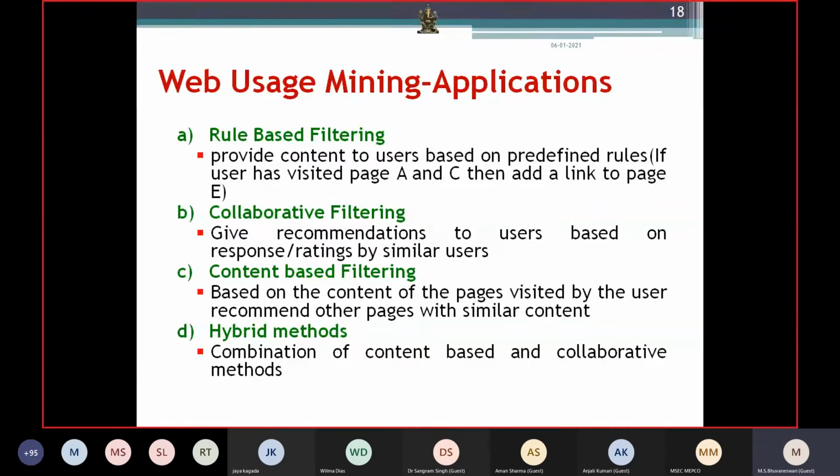Another one is user-based collaborative filtering. The meaning is, as I had told, my friend is buying a mobile, so they will think that since his friend is buying a mobile, this person will also be interested in a mobile, so they will recommend a mobile to me. Can you understand it? So that is collaborative filtering. The next one is content-based filtering. They will look at the pages I am visiting, and based upon the content of the page, they will recommend other pages. So this is content-based filtering. Hybrid, as its name implies, is a combination and mixture of collaborative, content-based, everything. It is the hybrid method.